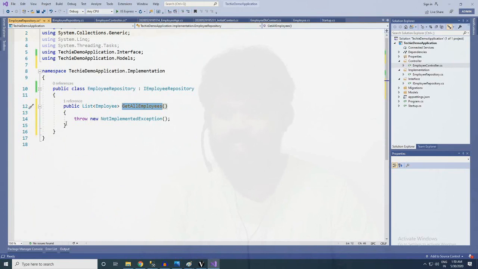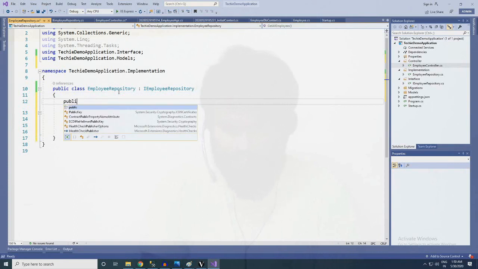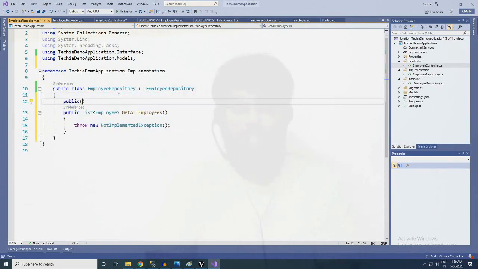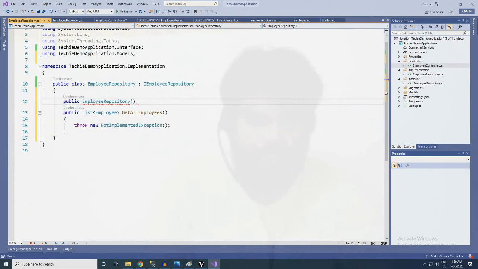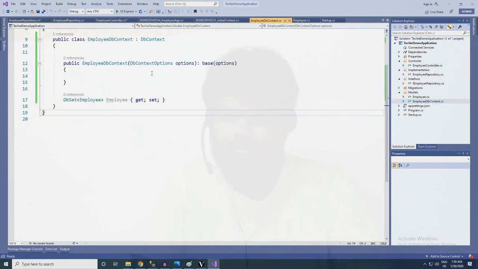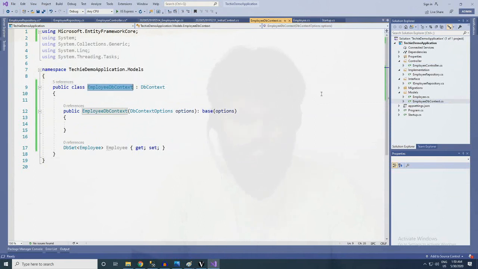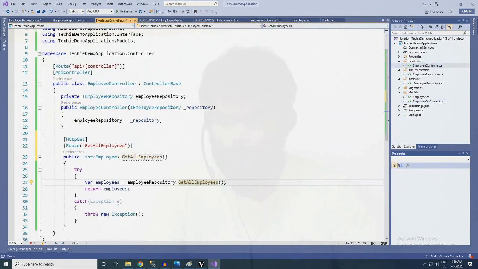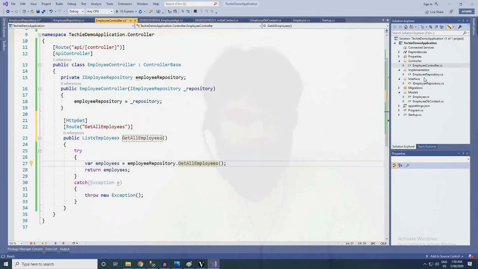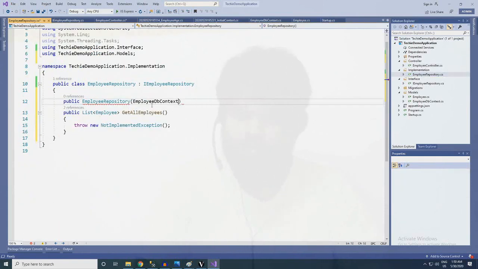So for this implementation part, in this repository, in the constructor, we will be having a context as an input. We will have a context file as an input parameter. I will explain in a later part how it will come, but for now I'll just use employee context, and let me name it db context.